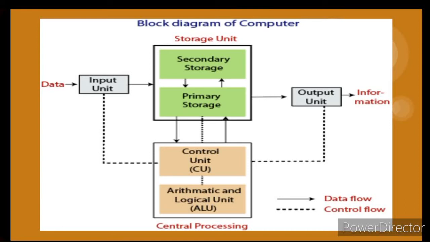Third unit, the memory unit, stores the data and instructions and sends the instructions to all other units of the computer whenever needed. It is also known as primary memory or RAM. RAM means random access memory. All input and output are transmitted through the main memory. There are two kinds of memory we often refer to when it comes to the computer memory system: primary memory and secondary memory.